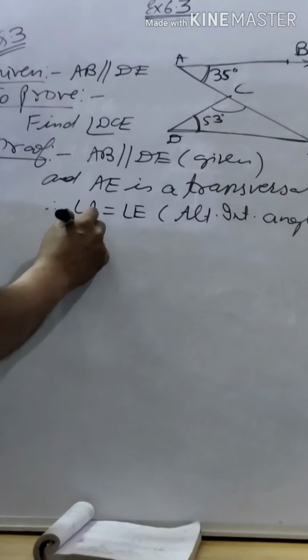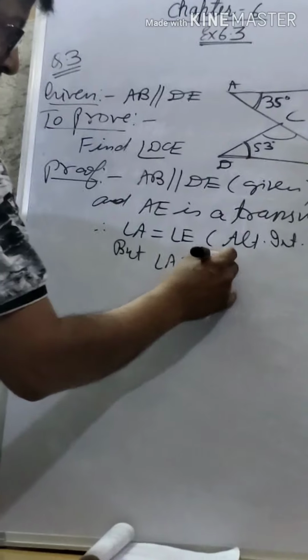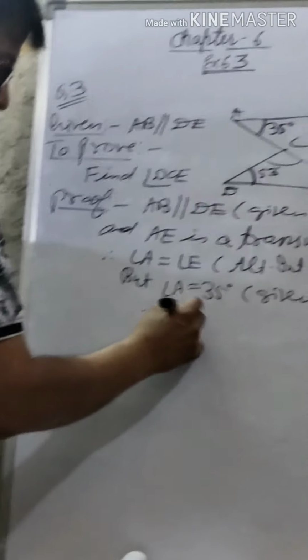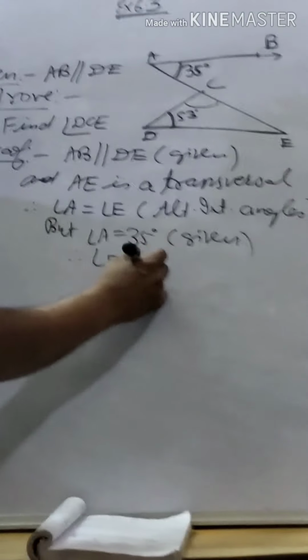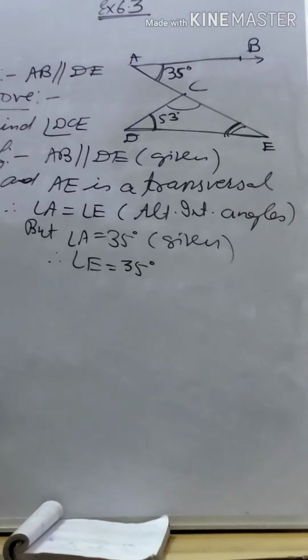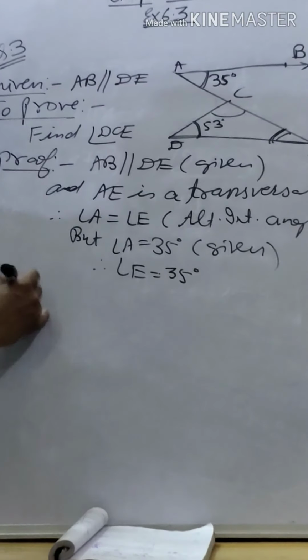But angle A is equal to 35 degrees, given. So therefore angle E is equal to 35 degrees. So this angle is 35 degrees. Clear this? So now